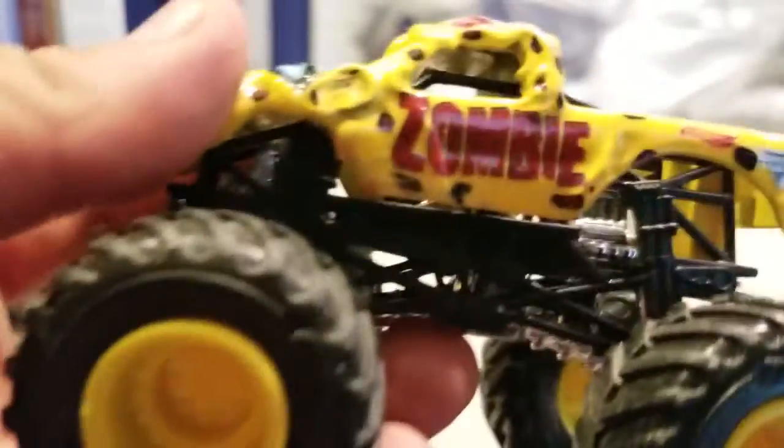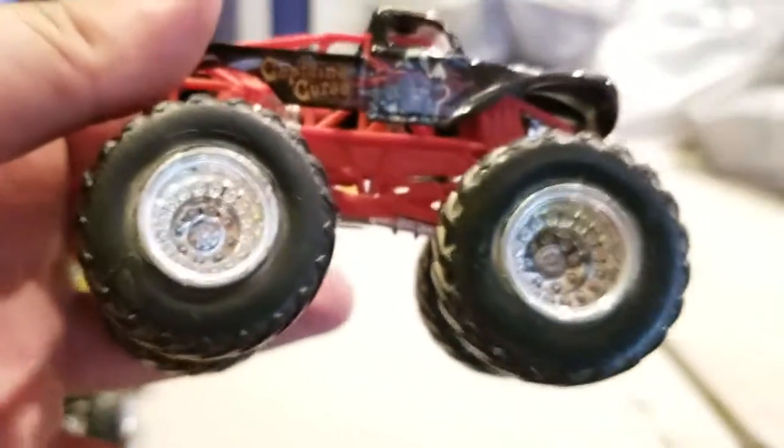Next up, I have the Max-D Gold version, which I like. Next up, I have Zombie, the yellow version. I gotta hurry up now, okay. Next up, I have, there it is, the black version of Captain's Curse. Yo! Next up, I have